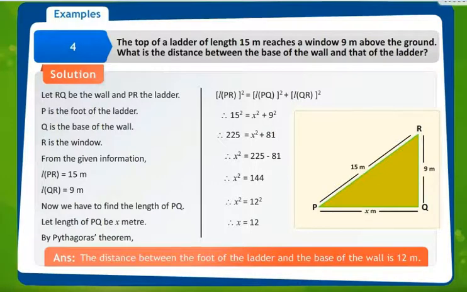So once we know the remaining two sides of the right angle triangle, and if we have to find the third side, applying Pythagoras theorem, the third side can be calculated. We always have to keep in mind that the angle which is 90 degree, the side opposite to 90 degree is the hypotenuse, and then the Pythagoras theorem states that hypotenuse square is equal to sum of the side squares.